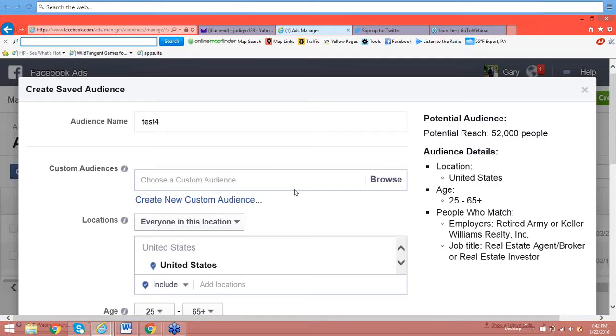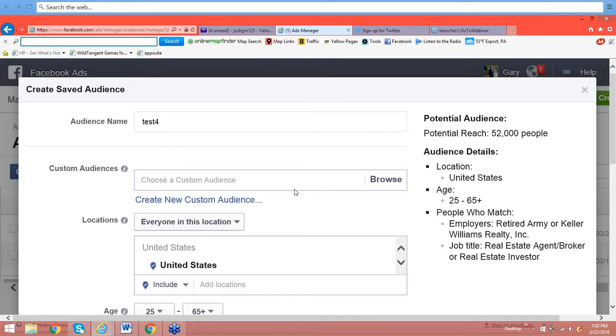One ad might be great for retired military people. Another ad might be great for what we used to call yuppies, young upwardly mobile people, or DINKs, double income, no kids. There's all kinds of things you can do here. But the bottom line is you can create multiple audiences. That's what I was getting at. So, okay, Jody, go ahead.